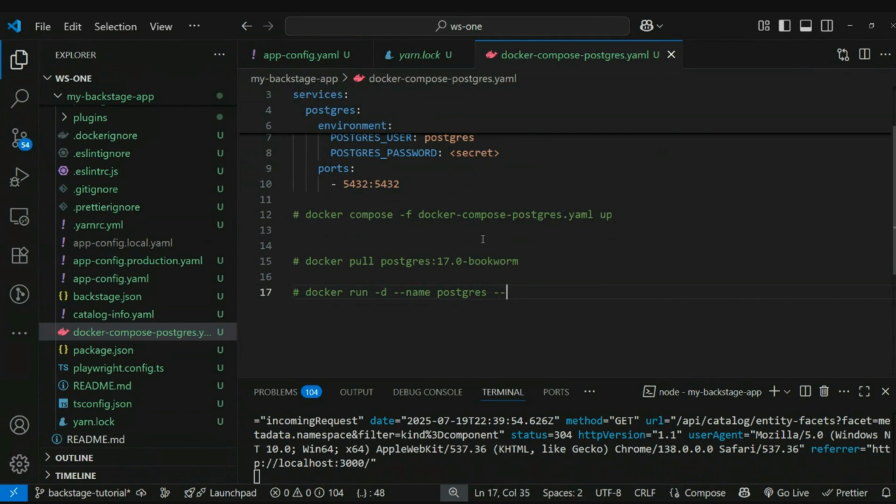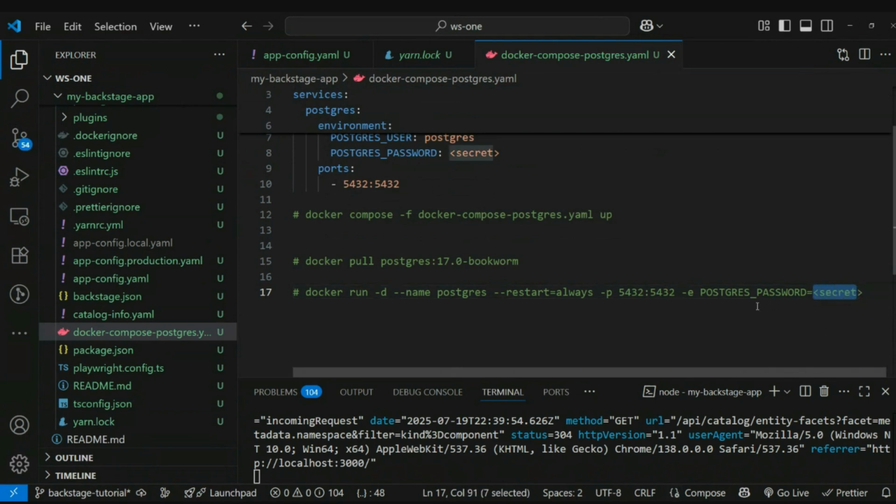I'm going to give the container name as postgres, and you can set a restart policy, say always. For port mapping we can give 5432 of the container to map to 5432 of the host, and we need to give the environment variables such as Postgres password, something like a secret. Just replace your secret here, this placeholder,